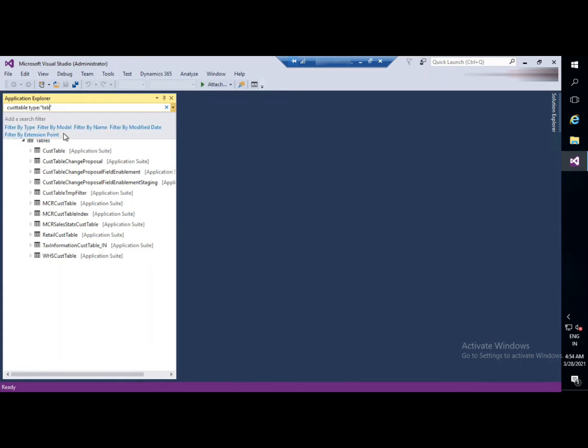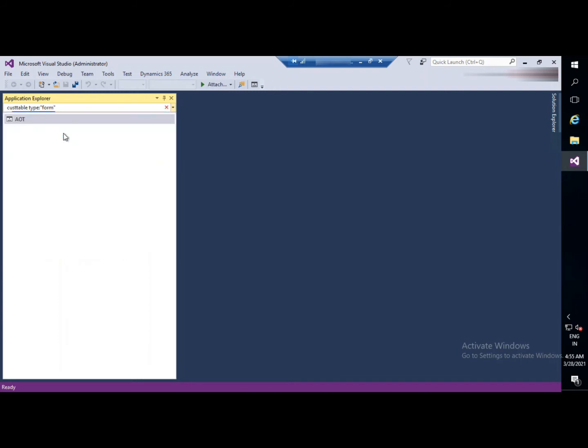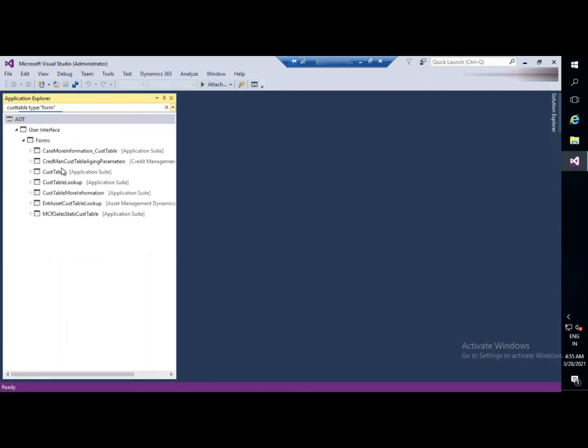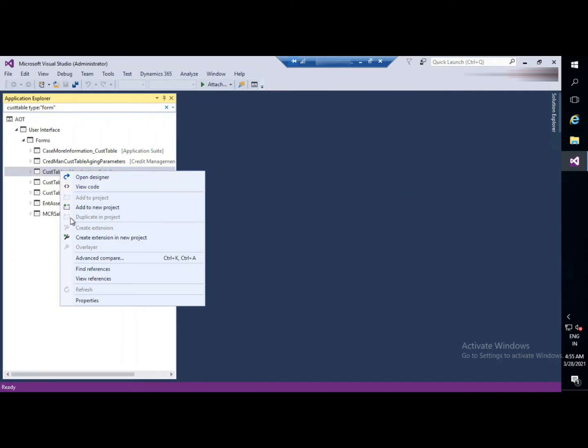So we'll just go back and click on form only. Now if we want to create an extension, just click on this CustTable, right click, and you will be finding Create extension.